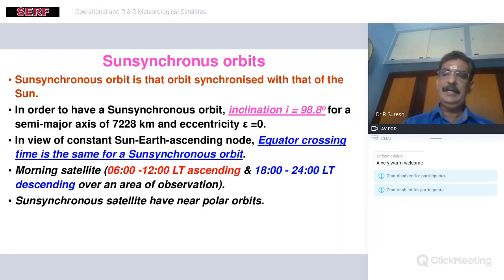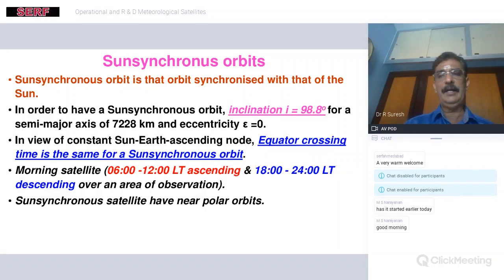In case it crosses at the local time of, say for instance, 9:42, in all possibilities, tomorrow also it will cross the same location by the same time. So that is the advantage of sun synchronous. It synchronizes the motion with that of the sun, so that the rising and setting of the sun coincides with that of the polar orbiter.